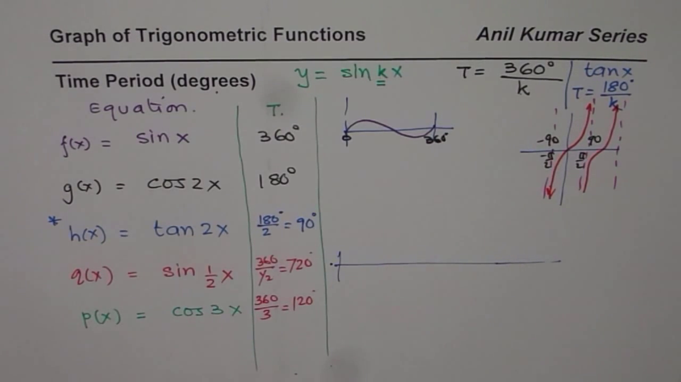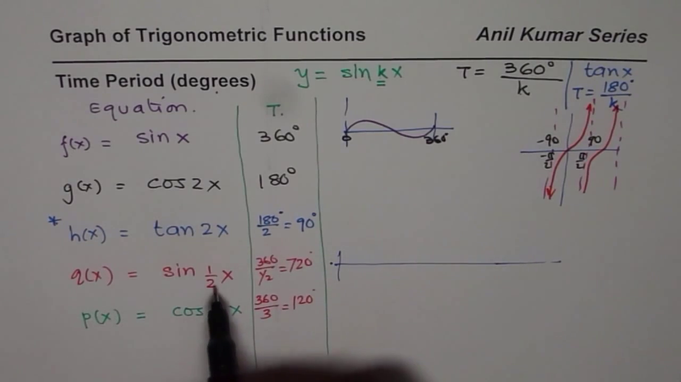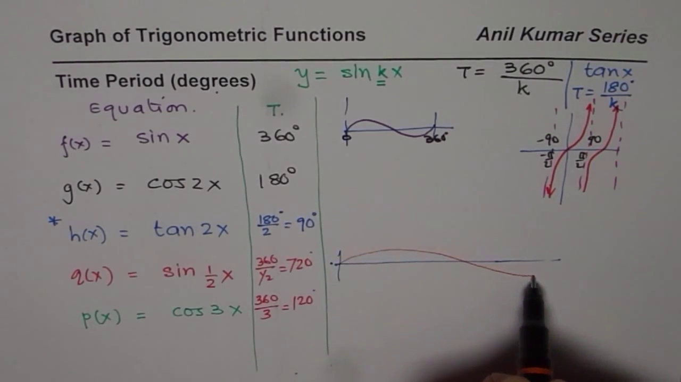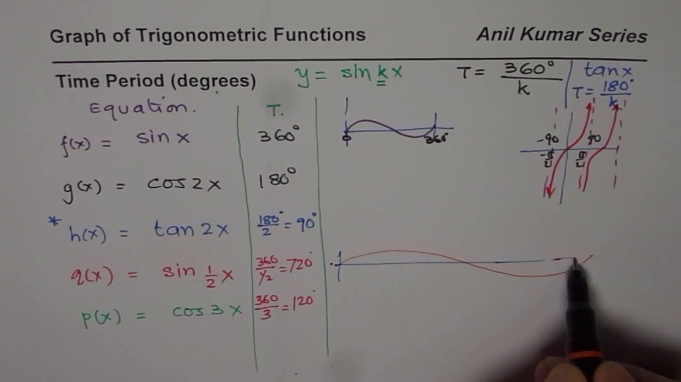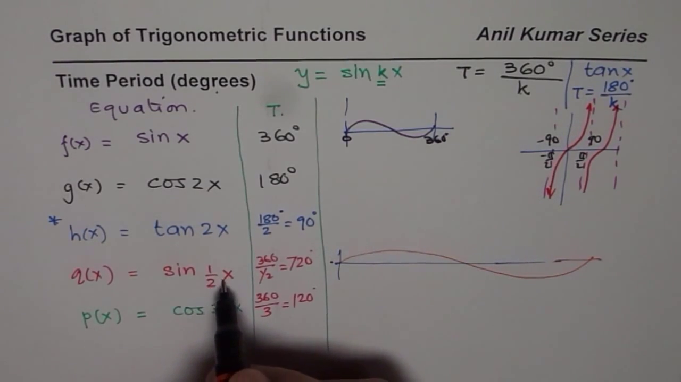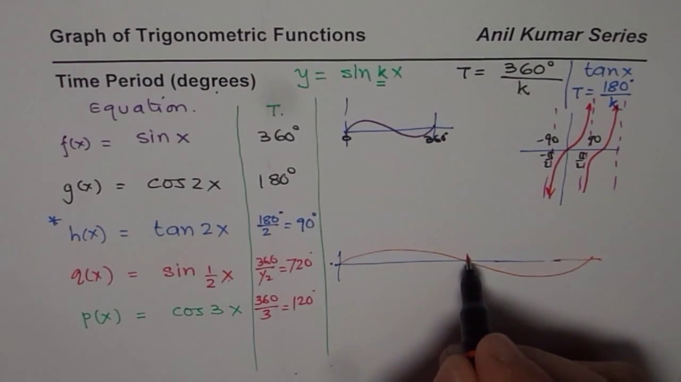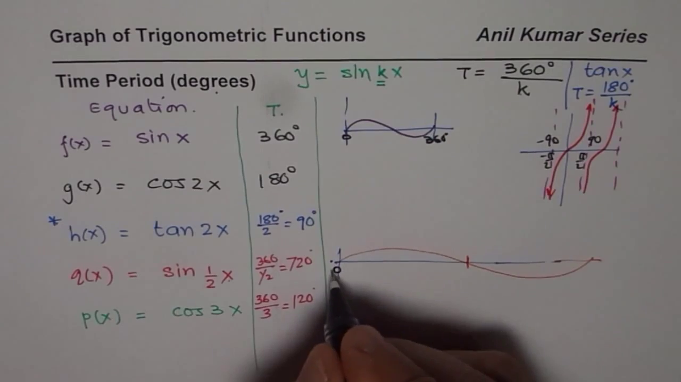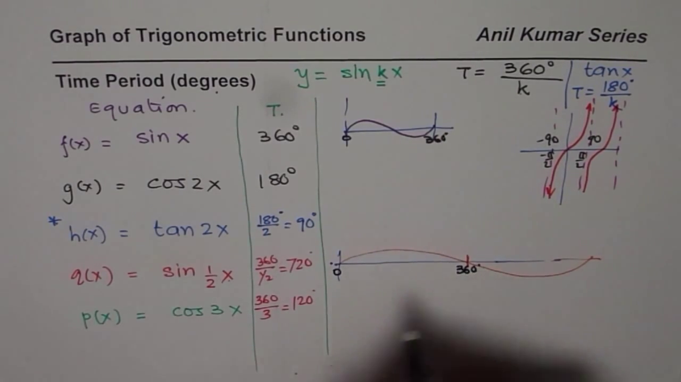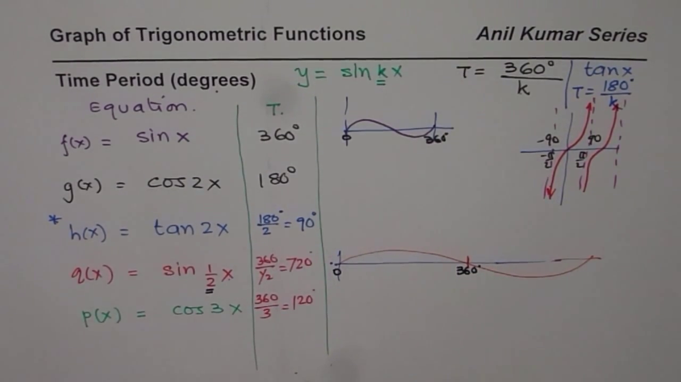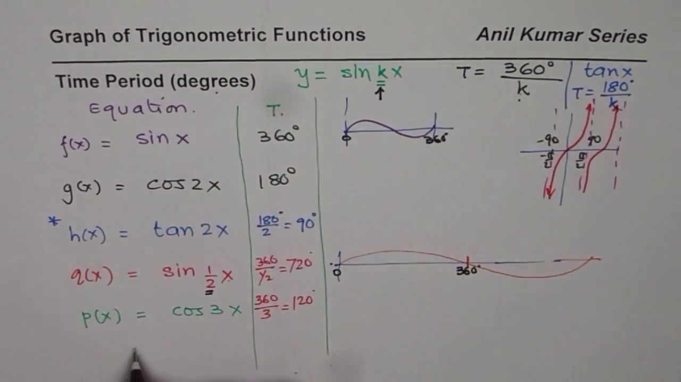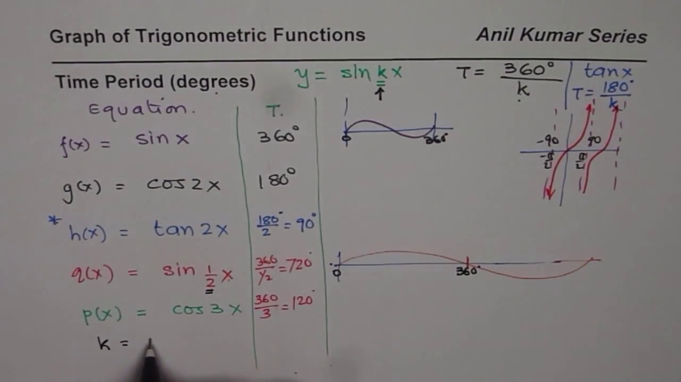And what we really get here is a wave which is kind of like this. So that is sine of half x. It really means that in 360, from 0 to 360 degrees, we have half the wave. That is what it means. K is the number of waves. So what is K? We find that K is the number of waves